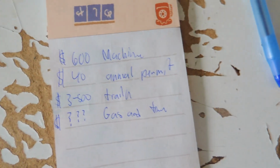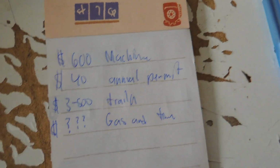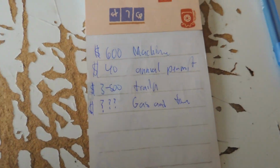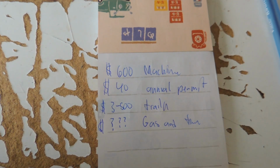Oh well, it's not including registration, but I didn't register. There's no one out there to tell me no, so I just didn't. I didn't pay the registration yet or put the title in my name, but that's another fee. You probably put in $100 for that, so add $100 to this list. But yeah, I mean, these machines aren't that expensive to get into, and